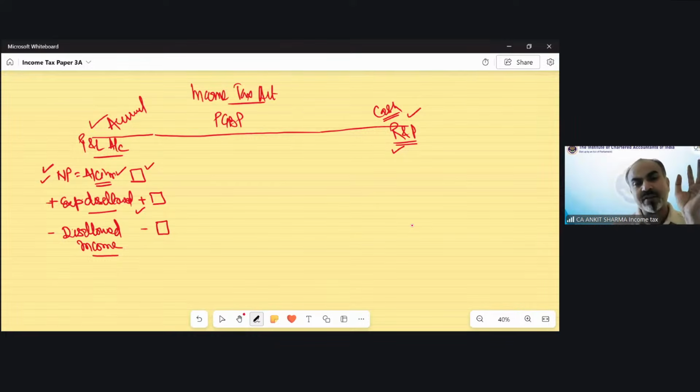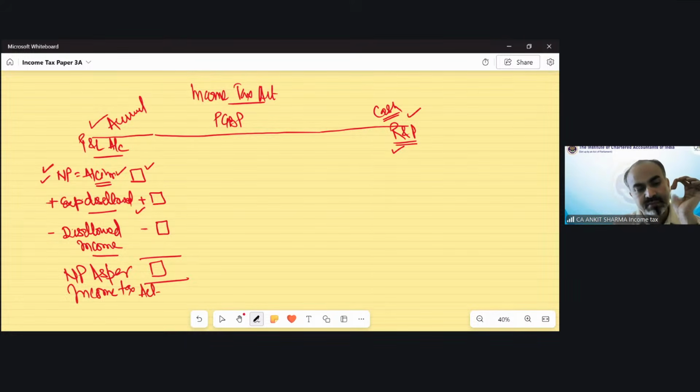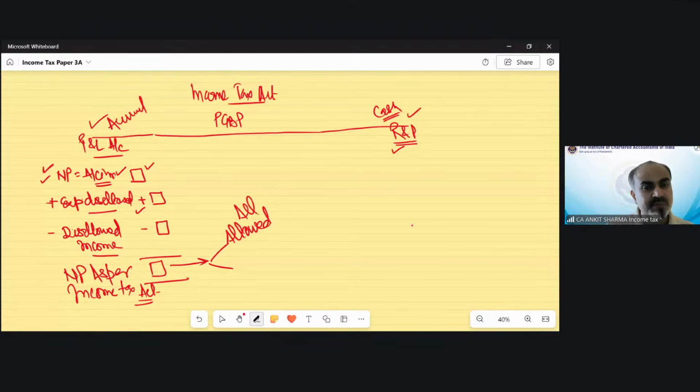After giving effect of disallowed expenditure and disallowed income, I will get my net profit as per the Income Tax Act. If practically I ask you, what exactly is included in this net profit? I can say the profit has the effect of all allowed expenses and all allowed incomes as per the Income Tax Act